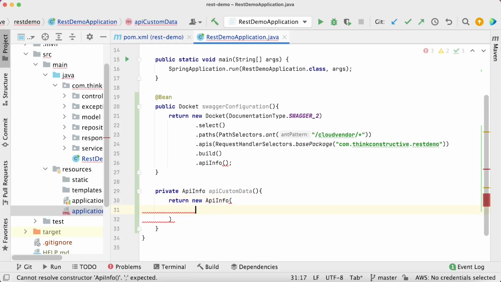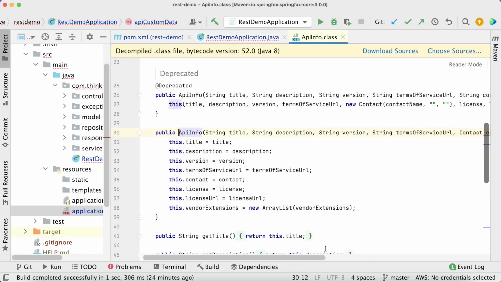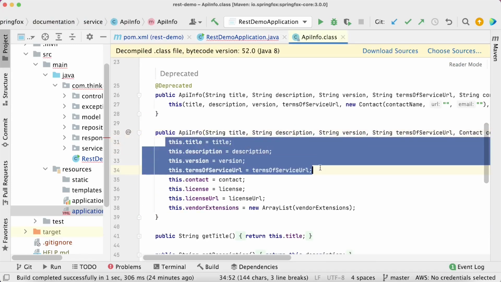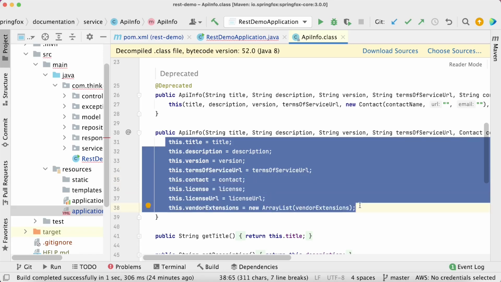Okay. Now inside this ApiInfo, we will pass all the custom parameters which we want to have in our documentation. All right. So first thing, you can see the constructor of this ApiInfo. It is expecting title, description, version, terms of service URL, license URL, and vendor extensions. All right.